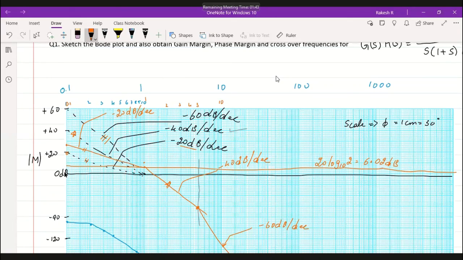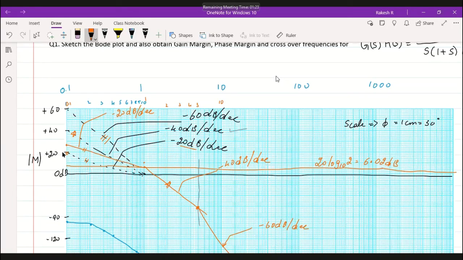Right. After that, for every 1 centimeter, mark that one as plus 20. Next centimeter 40. Next is 60. And join for 1 decade. This should be a dotted line. These are the reference lines here. Black colored, whichever I have drawn, those are the reference lines.